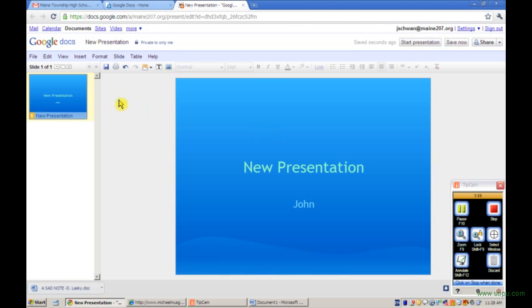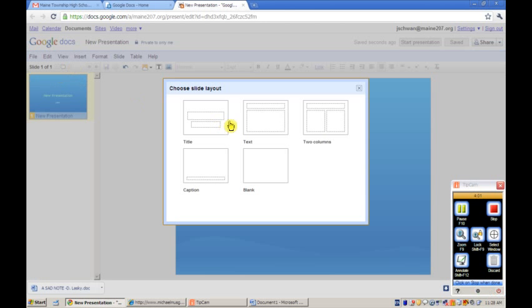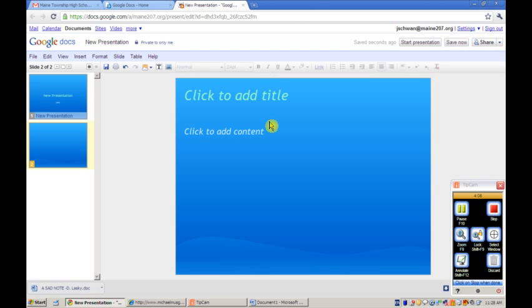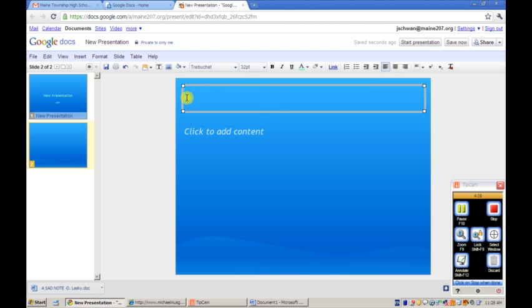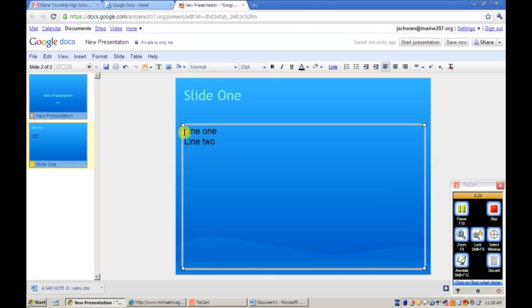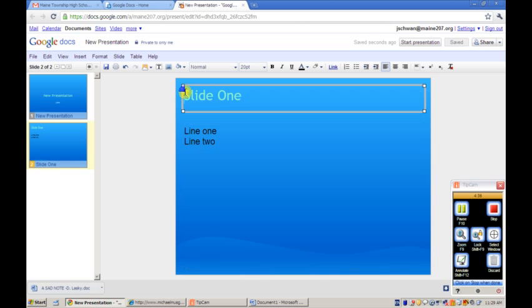Adding another slide is relatively easy. All I do is click the plus sign here, select the particular style, very similar again to Microsoft PowerPoint, and I'm essentially ready to go. The way you enter information is very similar to how you would do this in Microsoft PowerPoint. Once I have my slide created, I then have a variety of options in terms of